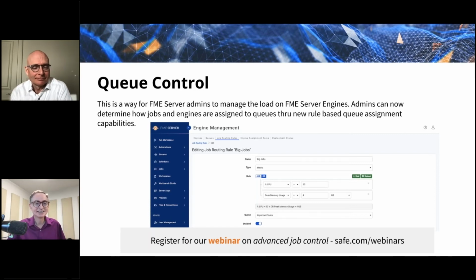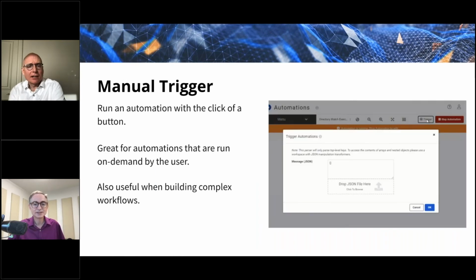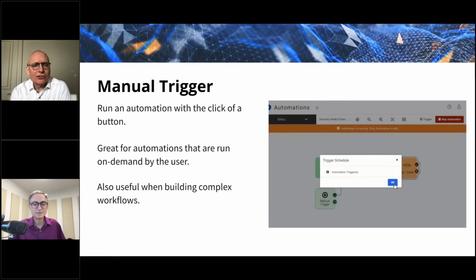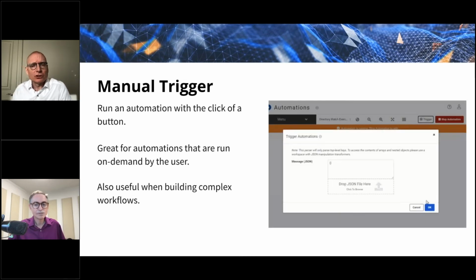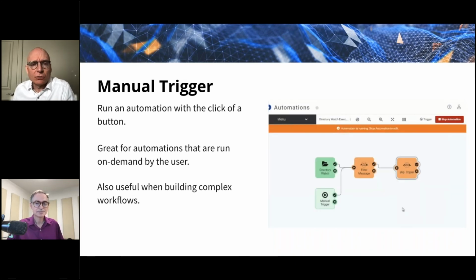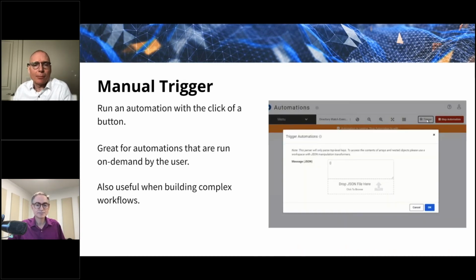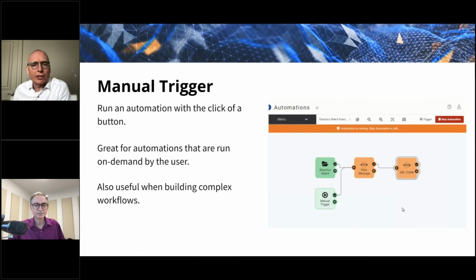Yeah. Okay. Yeah, manual trigger. This is a great one. We've had customers who build an automation, but it runs on a scheduled time that's determined by the user. So maybe you have fire season, and every once in a while you build this big automation to distribute work and reports out to the field for the people fighting the fire. But of course, there's no set time. And so now with a manual trigger, you can easily build a workflow and just click the manual trigger, and it will run. And it's also useful for debugging.